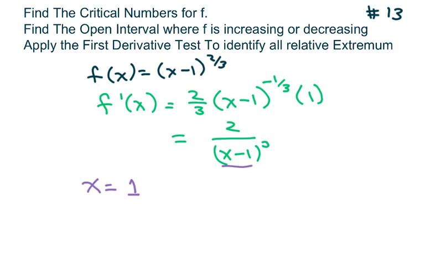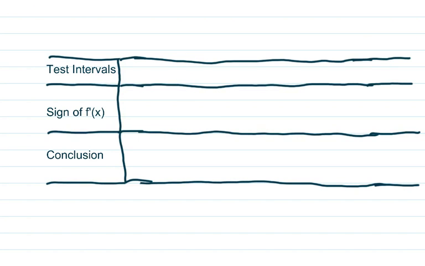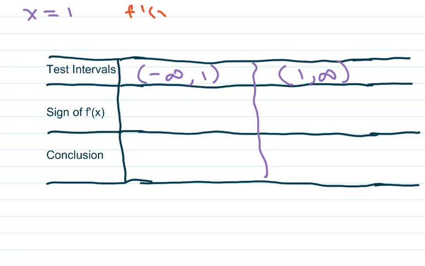to test for intervals. Since the critical number I'm using is x equals 1, my test intervals are going to go from negative infinity to 1. Remember, there's going to be an asymptote there at the 1. I want to see what's happening on the left side of the 1 and also the right side of the 1 on the x. Now my derivative